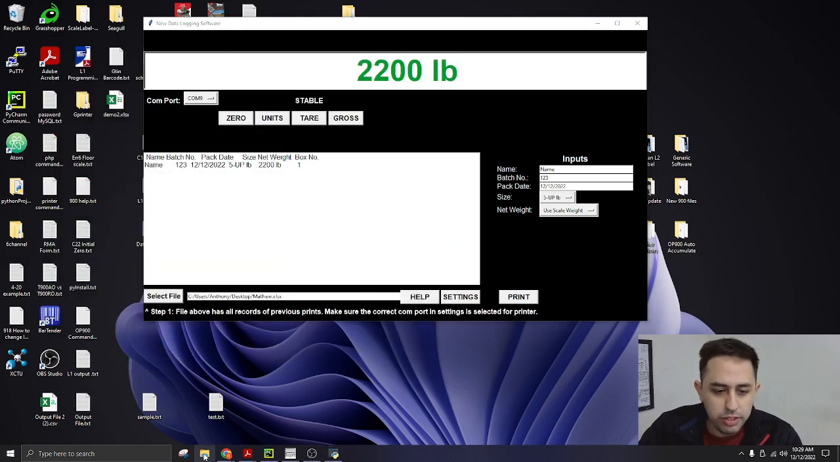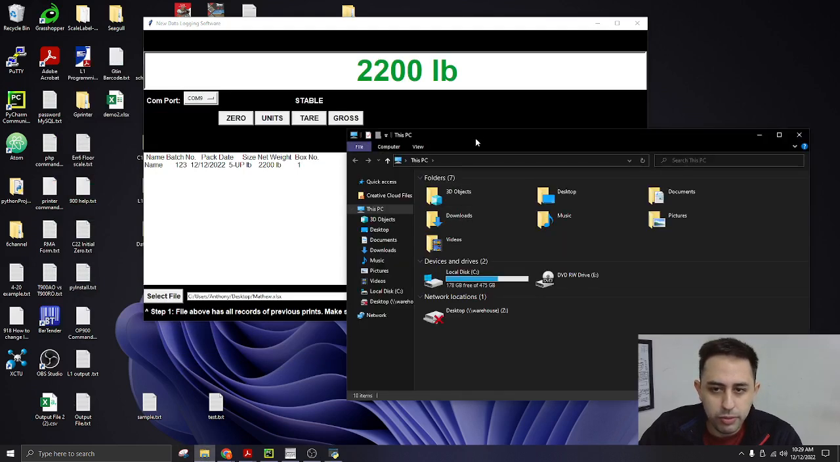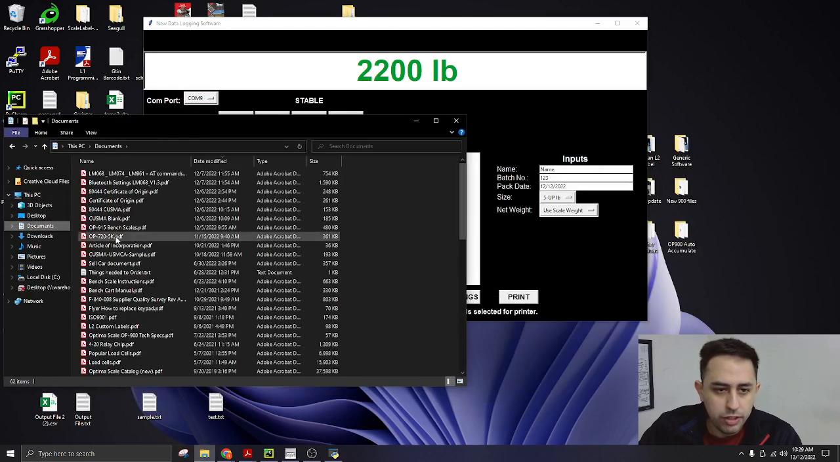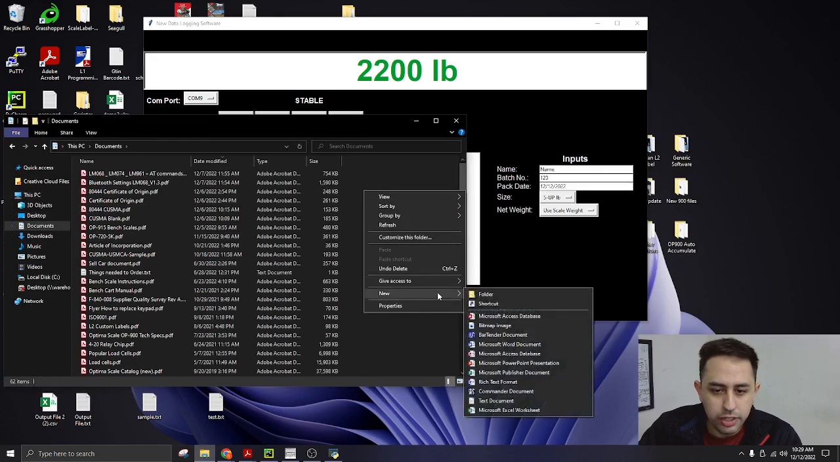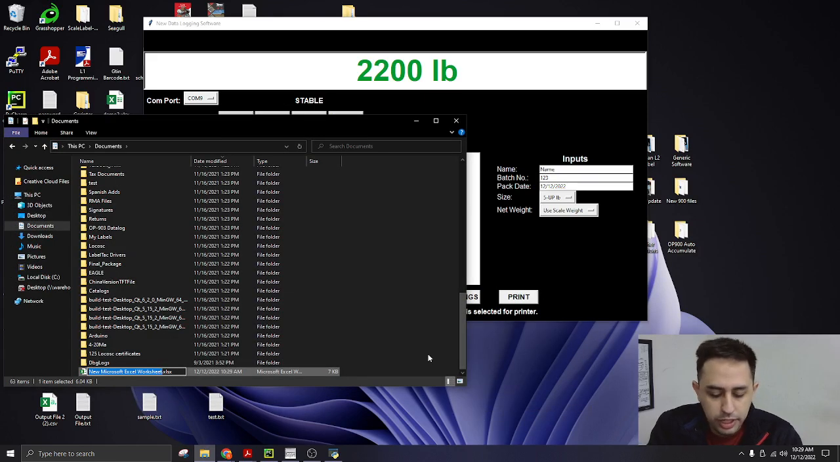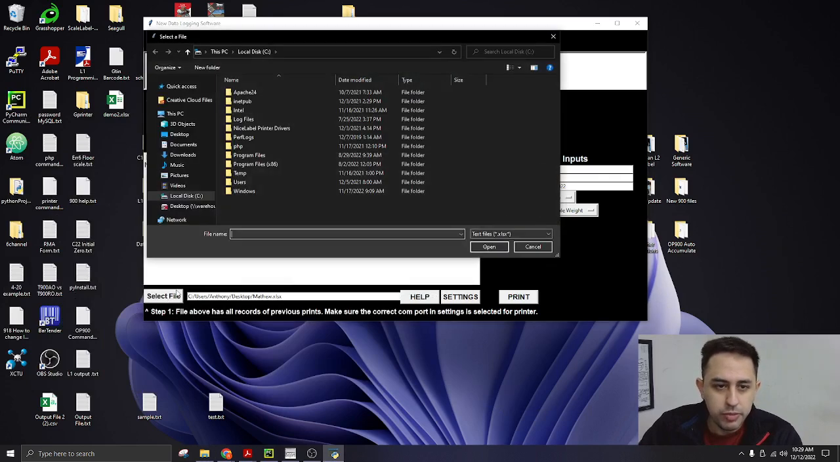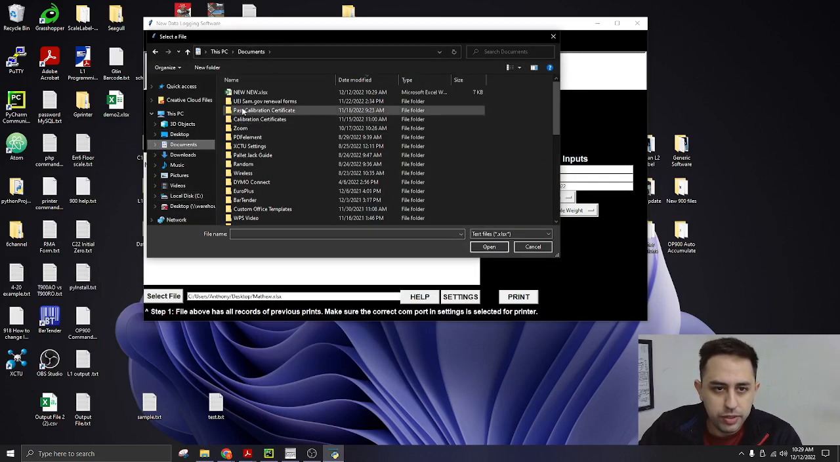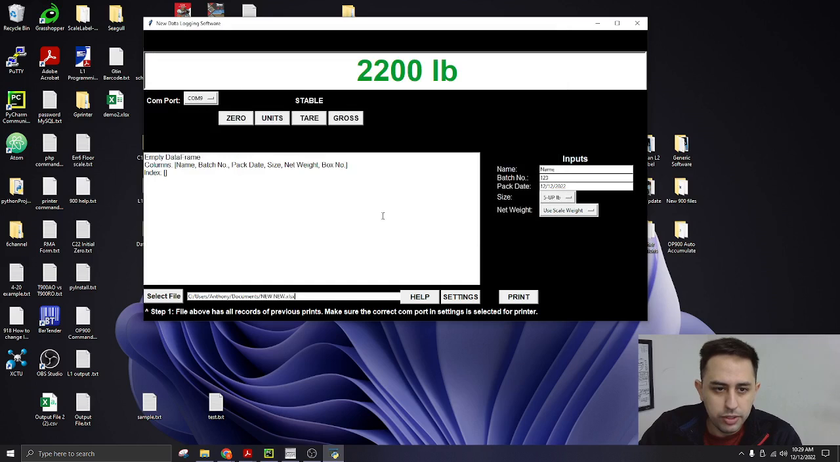Same, you could, let's say, open up your file explorer, under documents, right click, create a new Microsoft Excel worksheet here, and I call this new, right under my documents. You can save it anywhere you want, but I could select file, there's my new, it is empty, and I could just call this right here,